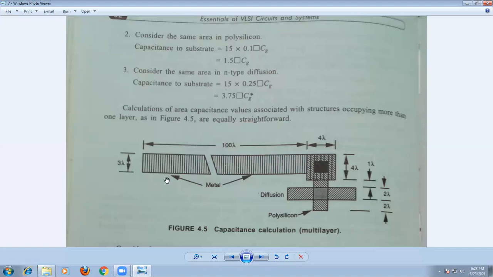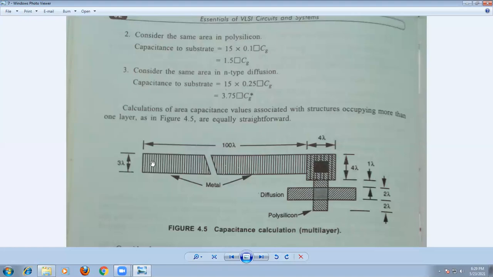Now just observe here. This is the metal layer, this is the polysilicon layer, and this is the diffusion. That means totally we are having 3 layers, 3 structures: one is metal, poly, and the third one is transistor formation. The transistor formation is connected to here. We are moving in this direction, so we have to consider this as the gate terminal. This is the drain or source region, or source or drain region. This is the gate, always it is the gate. Therefore, gate capacitance you have to consider for the total structure, right?